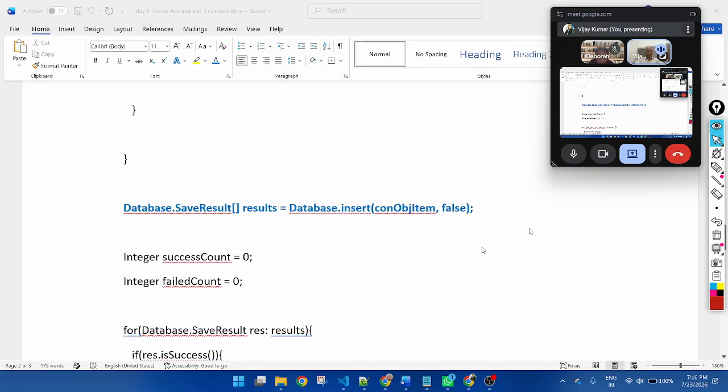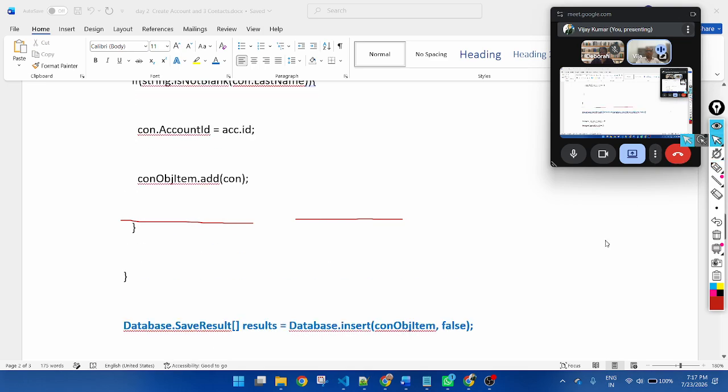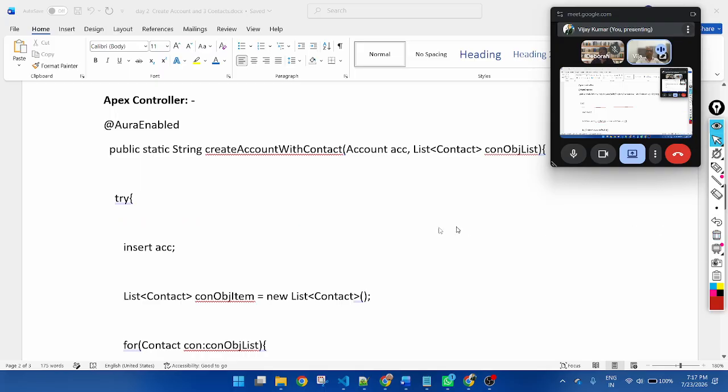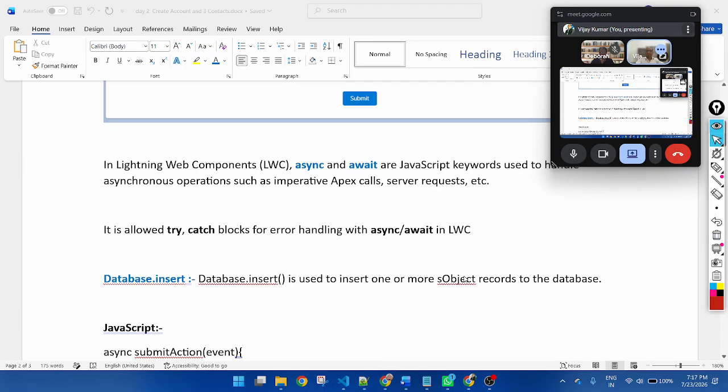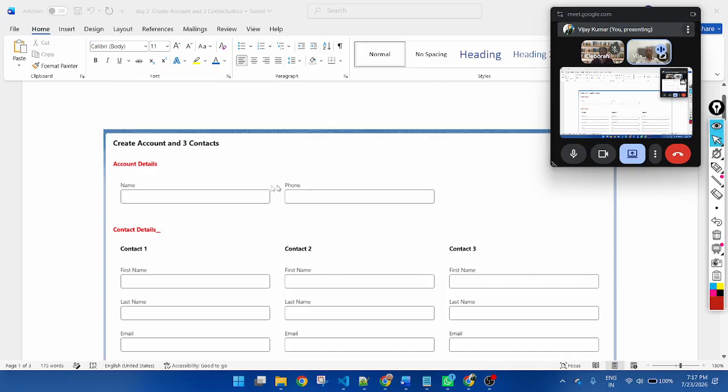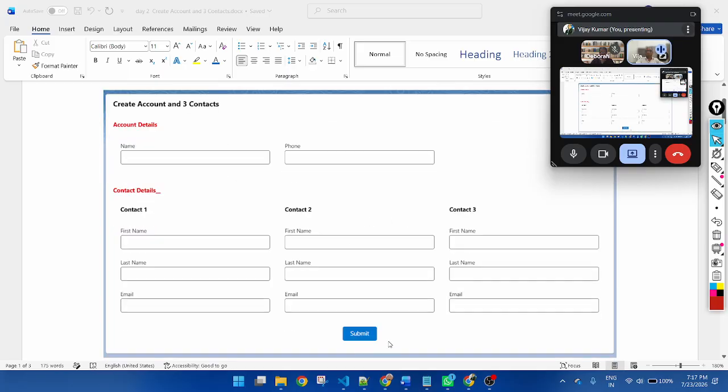And in the Apex controller, here you can see I am using Database.SaveResult and this is Database.insert. So we will cover how Database.insert works, how async and await work, and how to insert multiple records on a single button click.